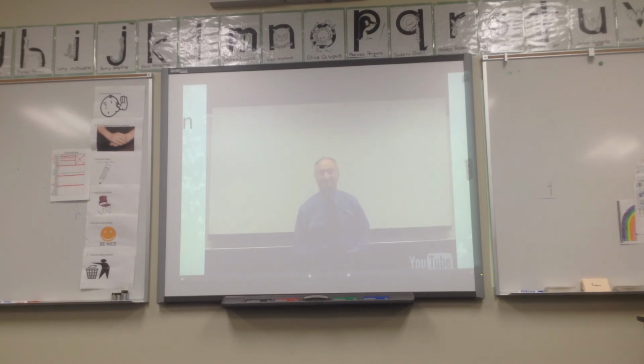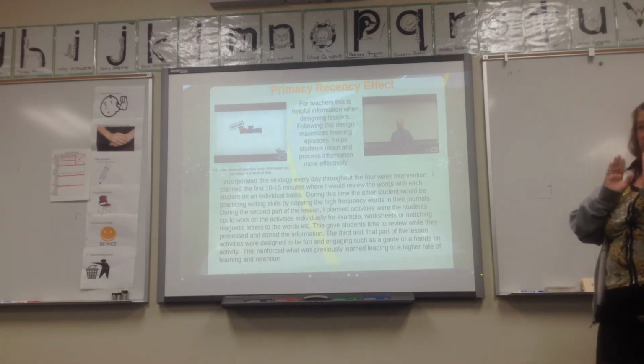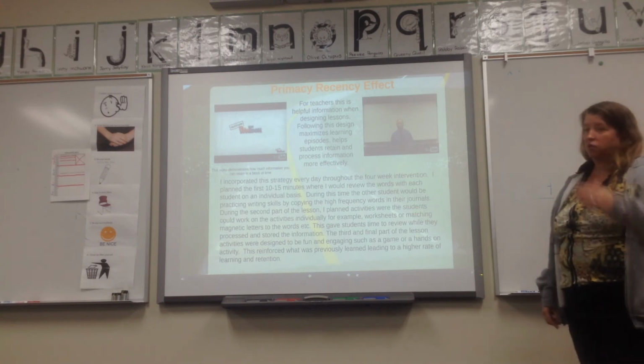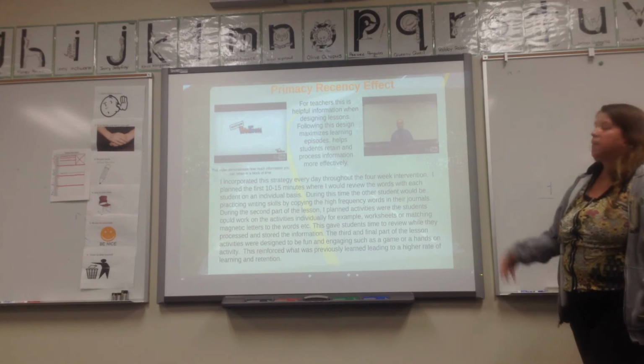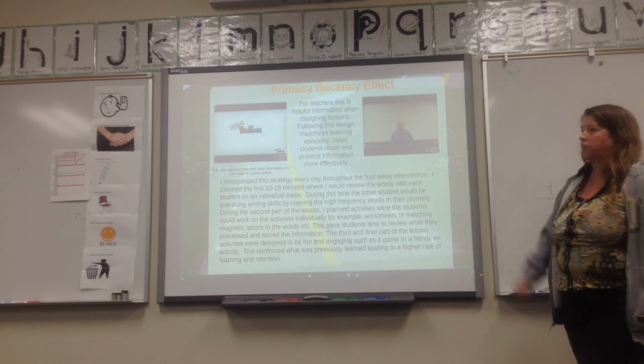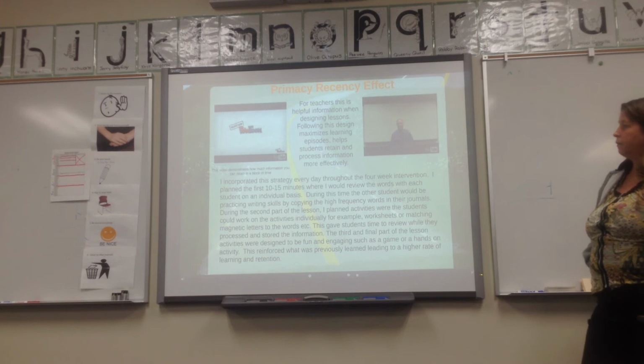Okay, so as I said, when I used this in my study, the first 15 minutes were planned where I would just review the words using a time delay. It was very short, one-on-one, specific, and very teacher-directed. Then when I was taking one student aside, the other students would write in their journals, copy the words down just for practice. Then I would rotate and get to every student. I had 4 students, I forgot to say that, 4 students in the study.